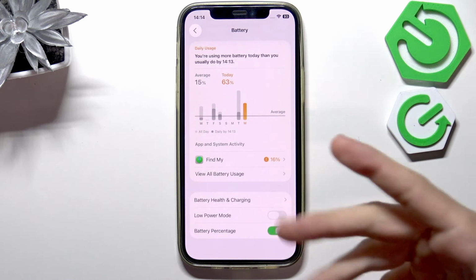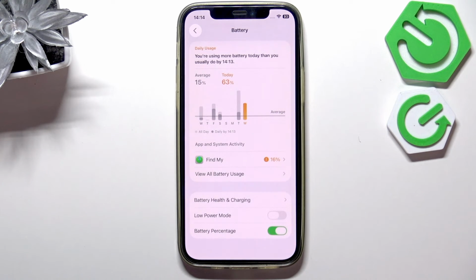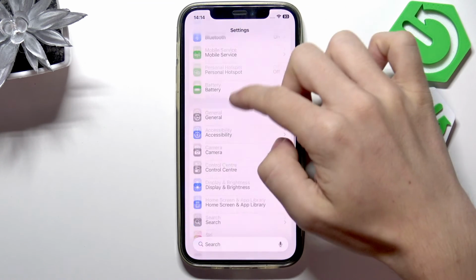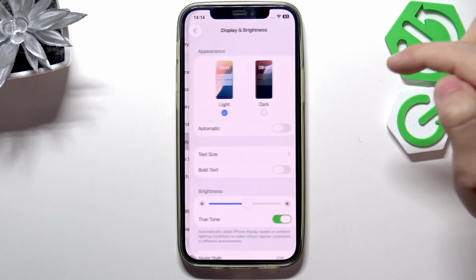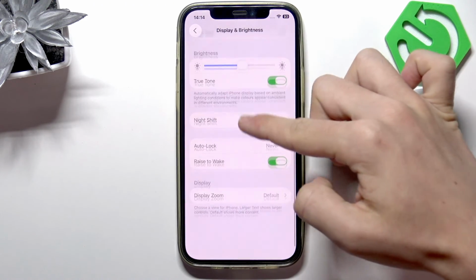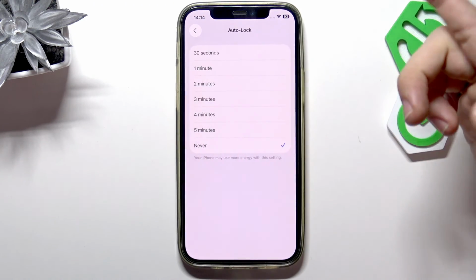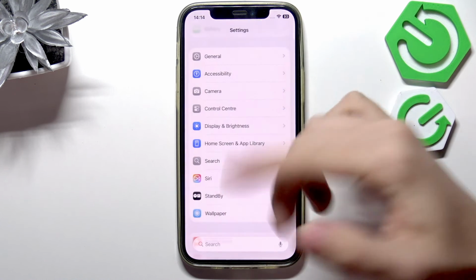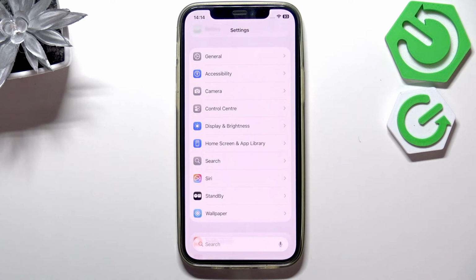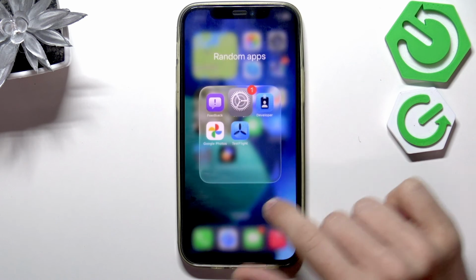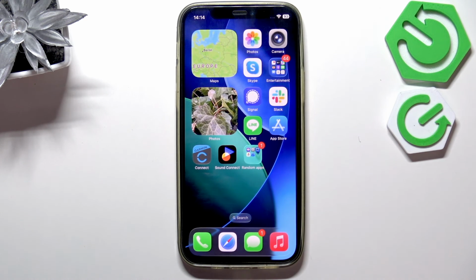When it's disabled, then actually the screen will go off after the time you set it to in the display and brightness setting. When you find auto lock, I have it set to never, so the screen won't go off automatically even if I'm inactive on the phone. And if it's set to the low power mode and the battery setting, then it'll actually go off. Also it refreshes email less frequently, and